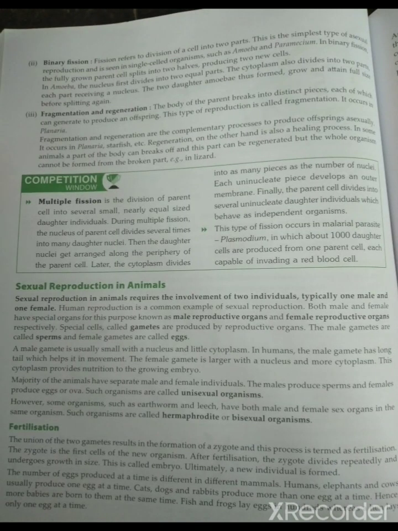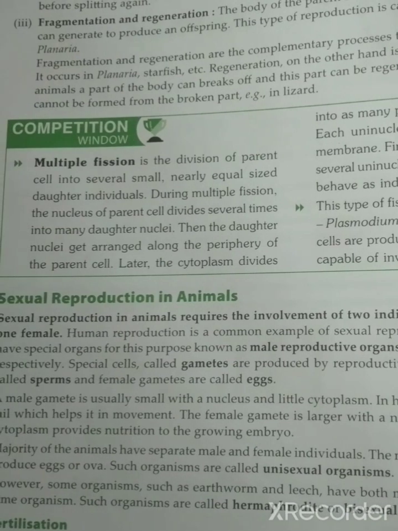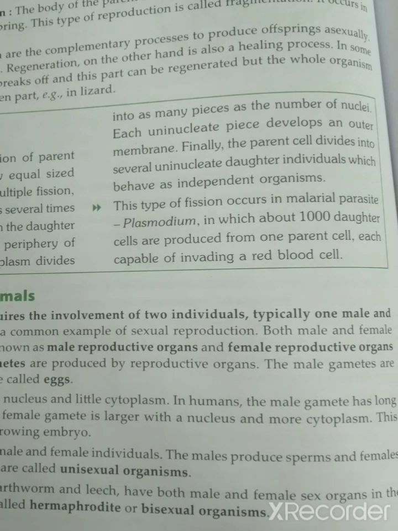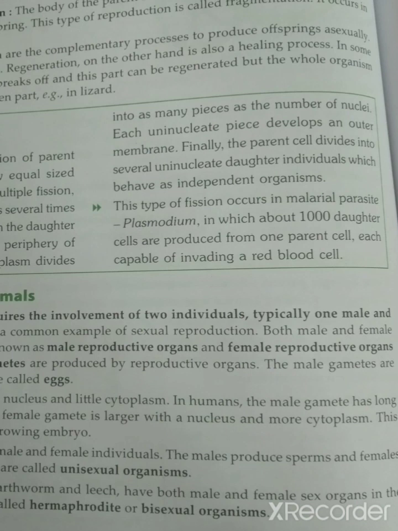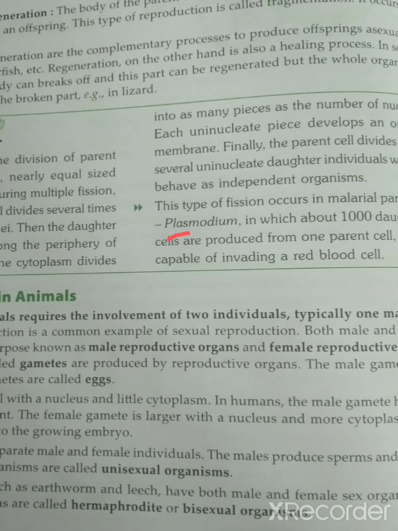Okay, coming to the next one, multiple fission. Multiple fission is nothing but dividing of one cell into many parts. See, one cell will divide into even 5, even 10, even 100. See the plasmodium, so that was able to divide into 1000. This was the one which was capable of invading. Invading means going